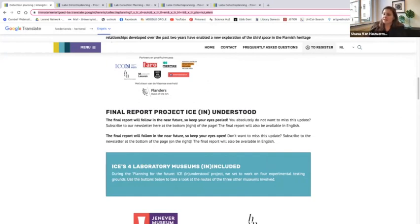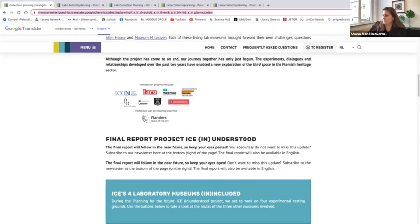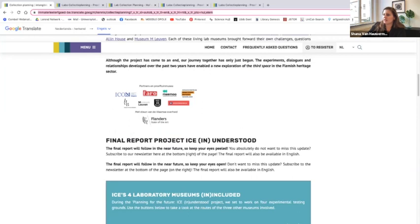As you can see, the Dynamic Knowledge Hub is in English here, but that's because you can choose another language. The original one is in Dutch, but you can also do it in your own language just by Google Translate. And as you can see, it works rather well. So here you can find almost everything that has happened within